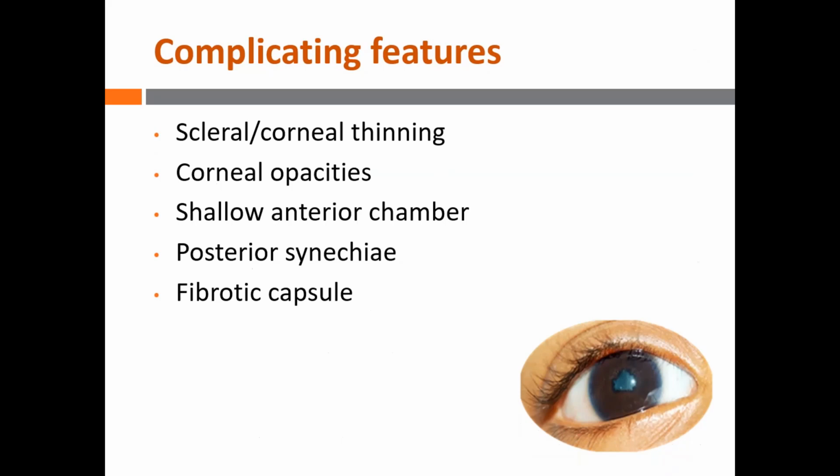Complicating features, look for those features before advising cataract surgery so you can manage them effectively when you are entering the eye. So look for scleral and corneal thinning so that you can plan a clear cornea. If it is scleral thinning, you can plan a clear corneal phaco. You will not go for a SICS even when it is a dense cataract. Look for corneal opacities, shallow anterior chamber, posterior synechiae, and a fibrotic capsule, and plan your management before you advise